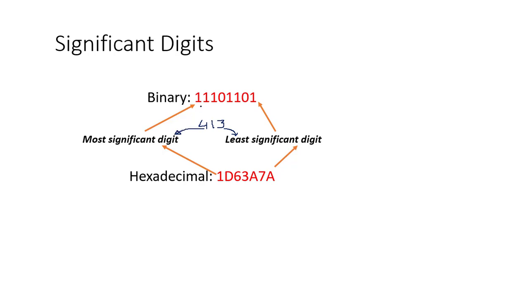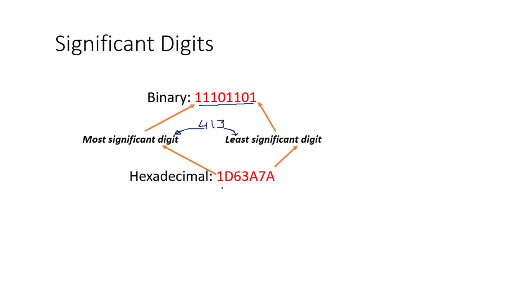This number is an example of a binary. Now you can ask me a question, why is this an example of the binary? Because this number is constituted only using 2 digits, 0 and 1. So on the right hand side, whatever digit you have is called the least significant digit. And the digit on the left hand side is called the most significant digit.